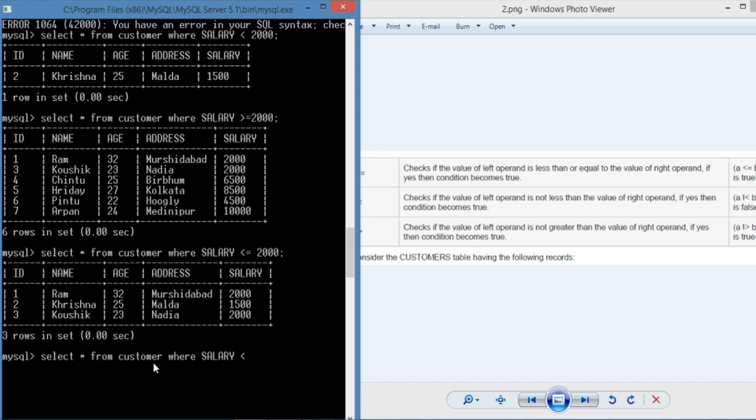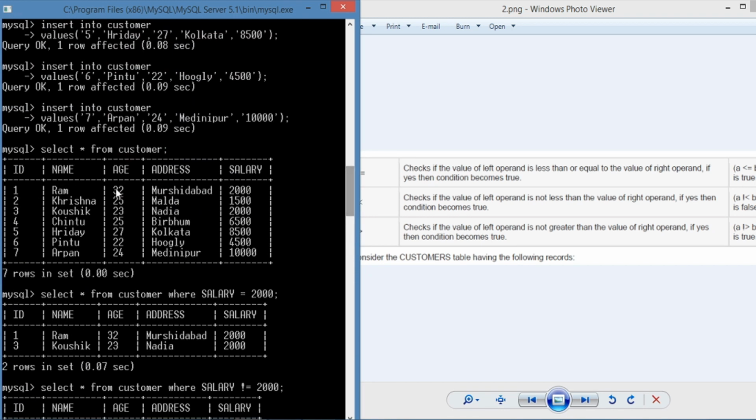Why does the query give an empty set? Because in this table no employee has a salary less than 20,000. Next, not greater.